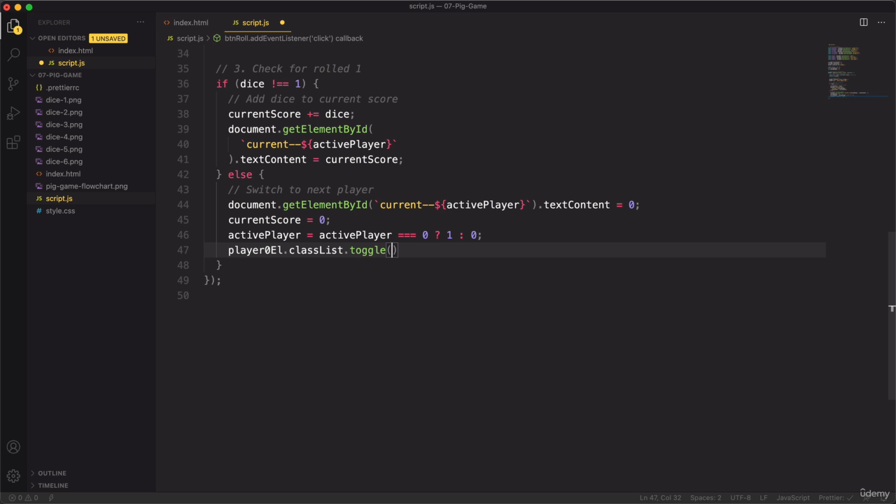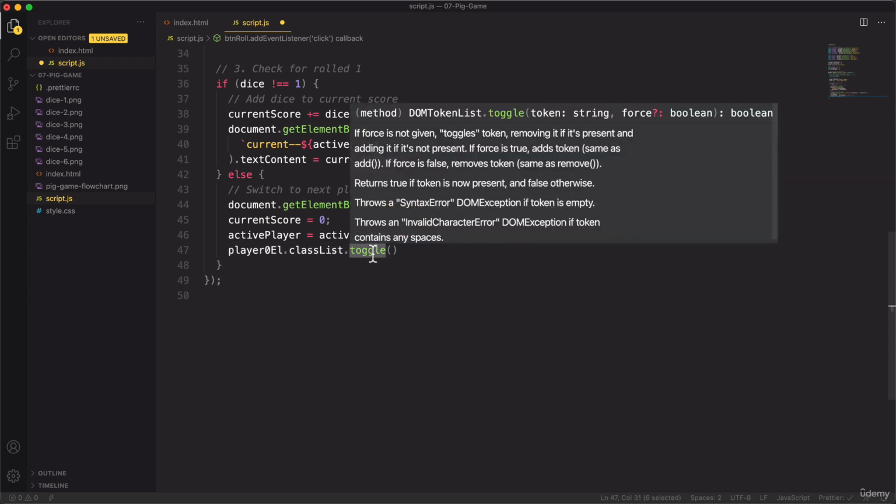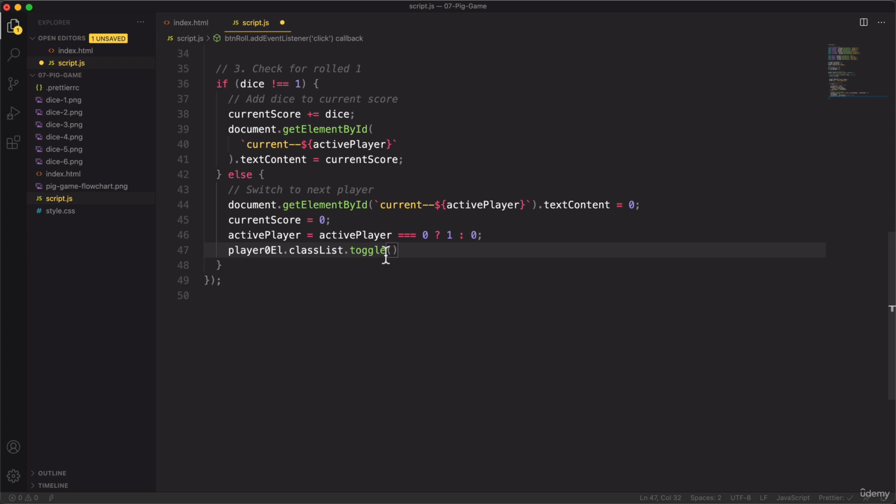Okay. So we could do that manually also by checking if the class is there and only removing it if it is. But using toggle takes that work away from us. So actually, we could have used this toggle method in the previous project of the pop-up. But back then, I actually wanted to show you the contains method. Remember that? But now, again, we will use toggle here because it is easier. And so now we simply have to add this player--active class, or actually to toggle it. So if we do that on both,